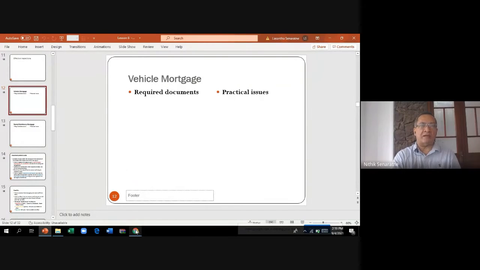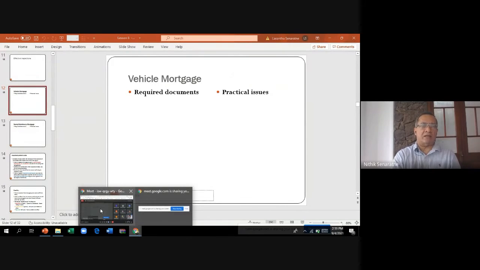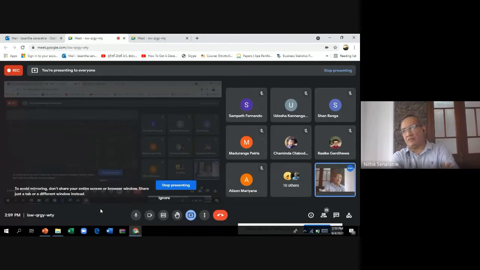When you come to vehicle mortgages, once again, you have to be a little bit careful when you are purchasing a vehicle. Now, if you're purchasing a vehicle for your personal use,